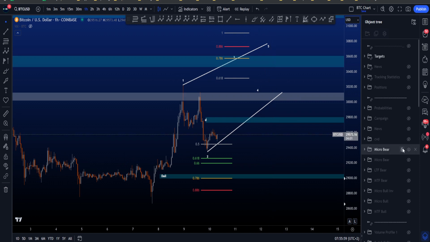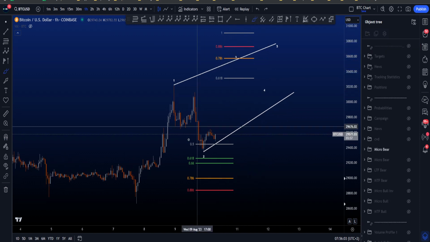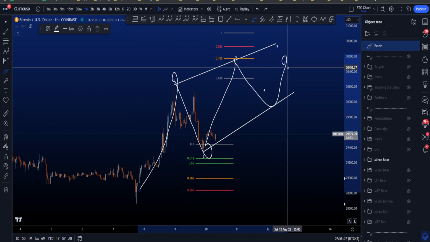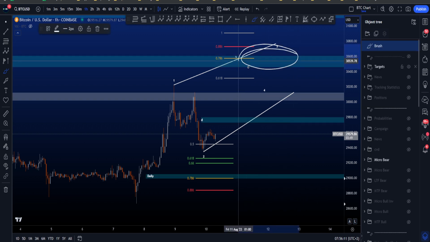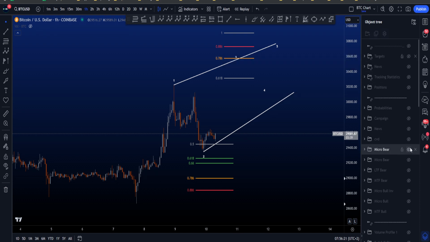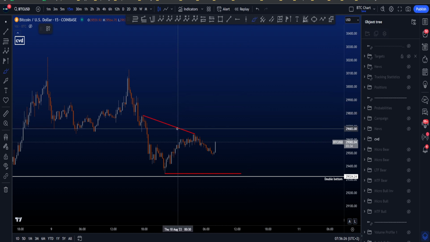the upside as well, as mentioned, potentially that wave C going towards the higher targets, where this is then a wave 1, wave 2, looking for 3, 4, and eventually wave 5, where then the target area around the triple top is definitely going to be an area of interest, where also we have a resistance area sitting between 30.4k and 30.6k. Now if we look at the CVD divergences, we do have over here some bearish CVD divergences